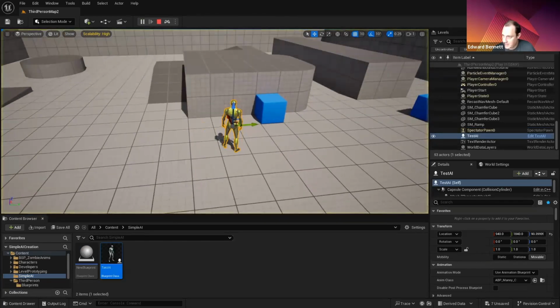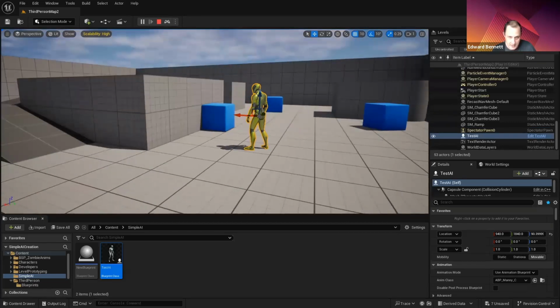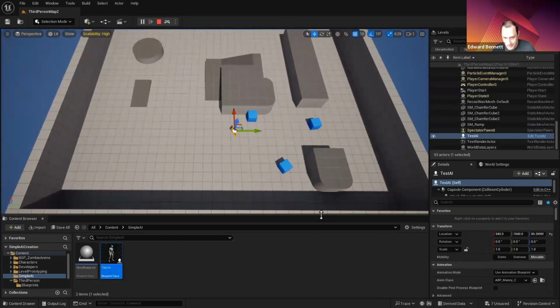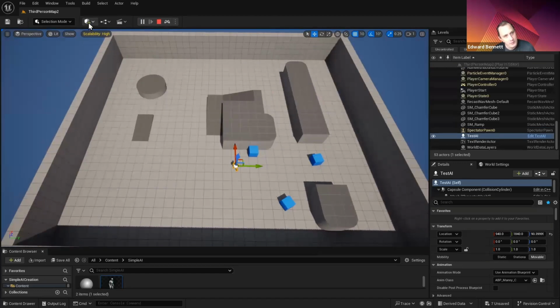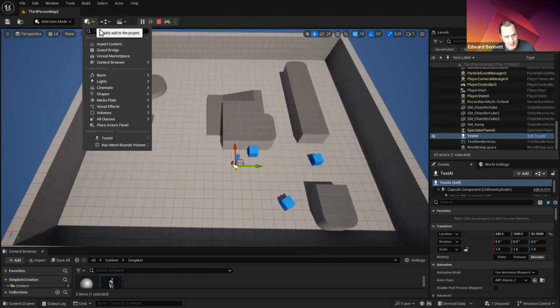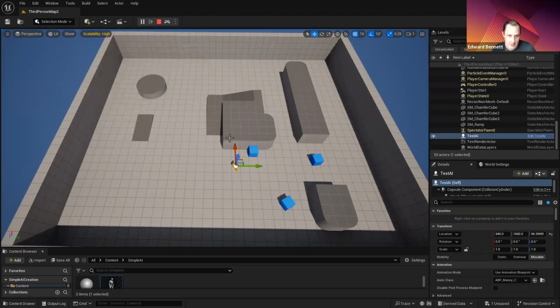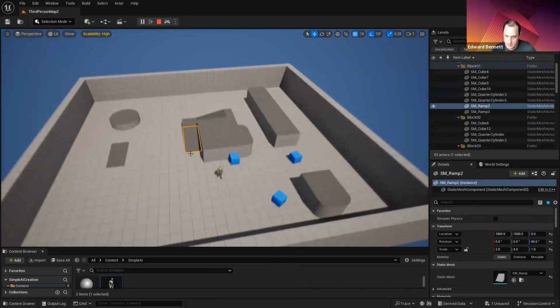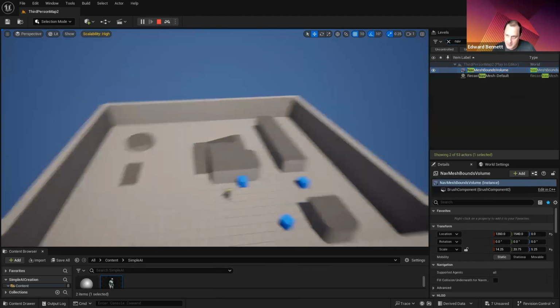Now, if I kick off play, poor guy cannot do anything. He just stands there, and that is because we have no nav mesh. How to get a nav mesh into our scene is, we've got the quickly add menu at the top here. If I search for nav, you'll see we have an actor called a nav mesh bounds volume. If I add that and press G so I can see it,